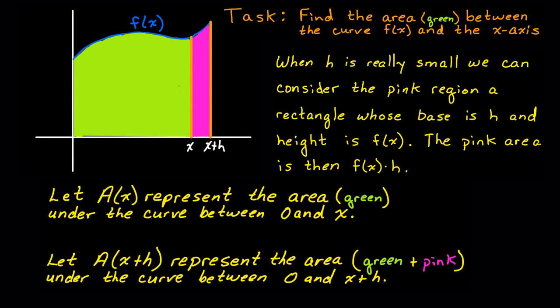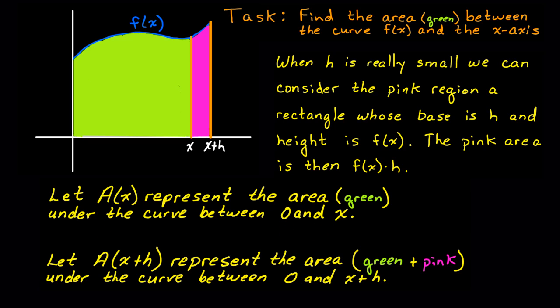So let's take a look at this right here. Our task is to find the area of the green region between the curve, which is f of x, and the x-axis. So we want to find the area of this green region right here between this curve, which will be represented by f of x, and the x-axis. So we're going to start right here. We're going to let A of x represent that area, and that's the green area. So A of x is your green area, and that is the area under the curve f of x between